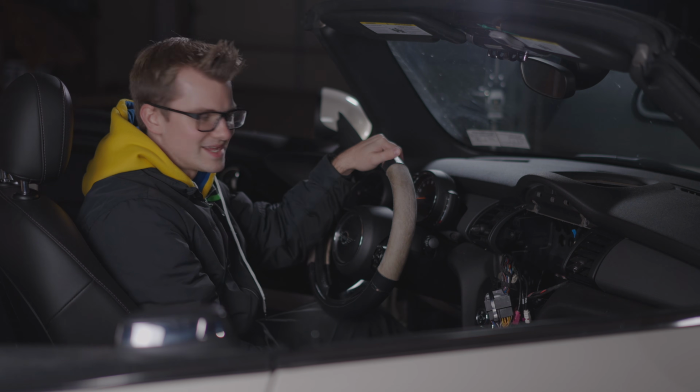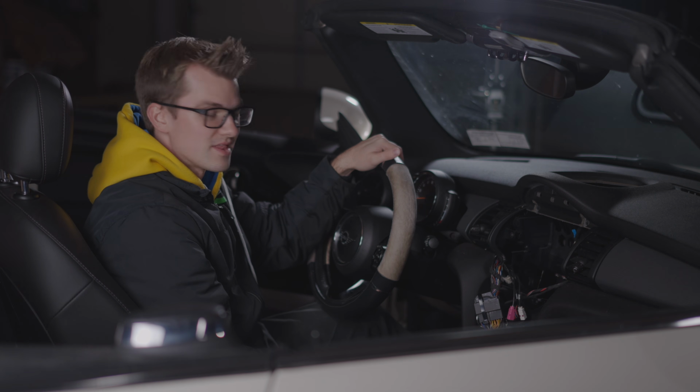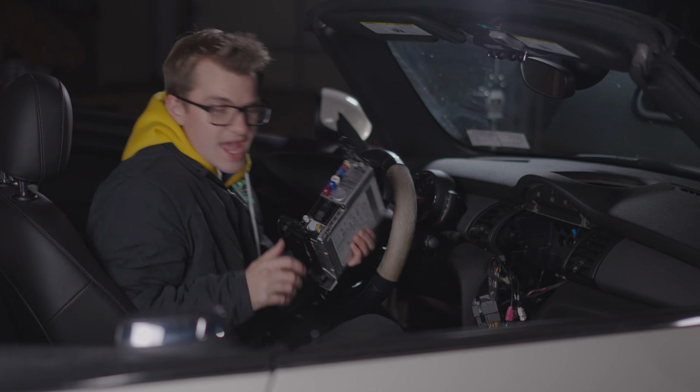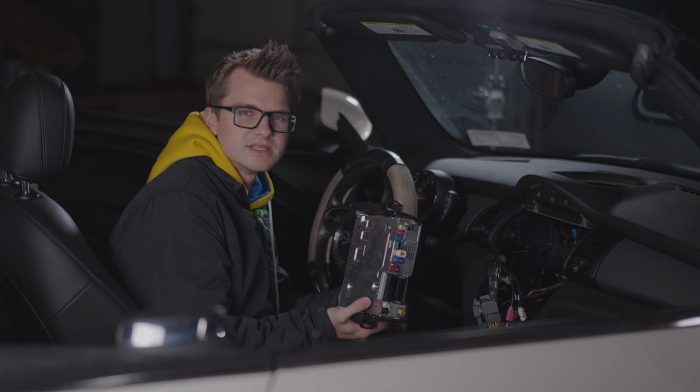All right, finally. Wiring harness is all together, and we can now do the fun part of installing the head unit. So the head unit is the computer that, you know, does everything. And this specific head unit is an Entrynav 2 system, which is different than the one that we normally install, which is a